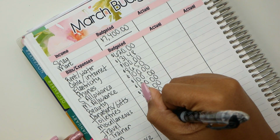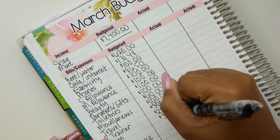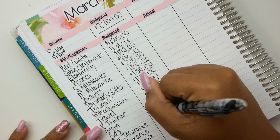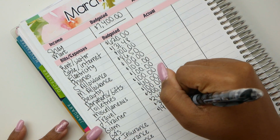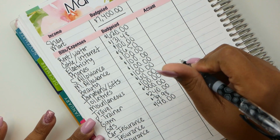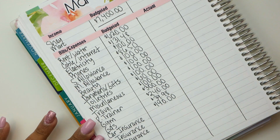For the both of us, that would be $39.98. That's for our membership fees. For gas, we do about $140 a month. I don't know that I mention this every time, but I do drive a hybrid. So when I'm putting $15 in my gas tank to fill it up, and $18 and stuff, that's the reason